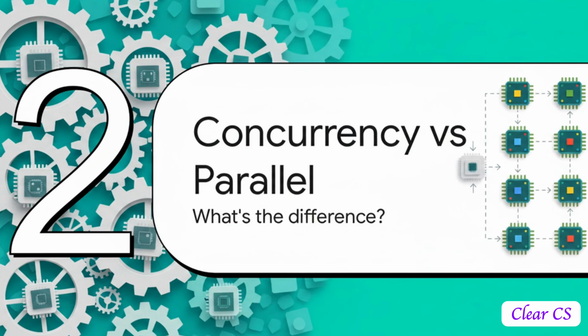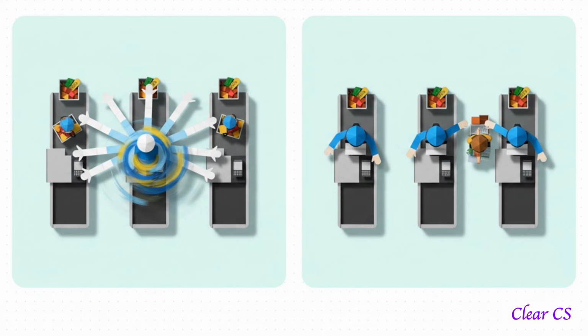Okay, Section 2, Concurrency versus Parallelism. Figuring out the exact difference between these two is, for sure, the most common point of confusion in modern computer science. So let's ground these abstract ideas with a super relatable real-world analogy. Imagine a grocery store. Concurrency is like having a single cashier who is just unbelievably fast. They scan one item for customer A, instantly pivot to scan an item for customer B, then jump over to customer C. They're rapidly switching between tasks, making progress on all of them in overlapping chunks of time. It creates this awesome illusion of simultaneous action, but in reality, they're just context switching at lightning speed.